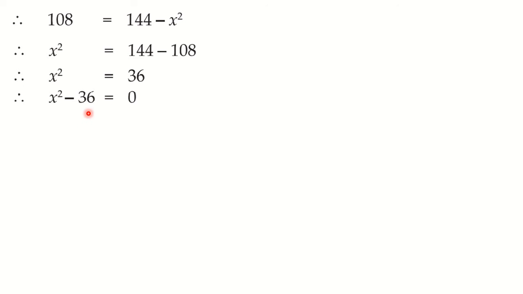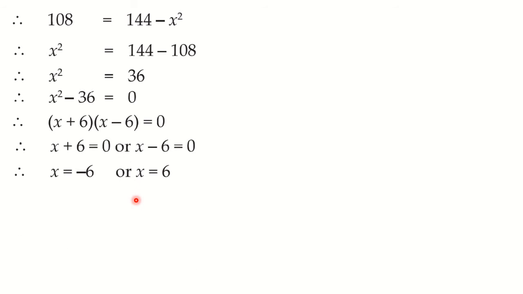Now here, by using the expansion formula a square minus b square, that is a plus b and a minus b, you can write the factors of these as x plus 6 and x minus 6. Got it? So factors are written, and these two are equal to 0, then we have to go for either or. Either this bracket is 0 or this bracket is 0. So you can write down x plus 6 is equal to 0 or x minus 6 is equal to 0.